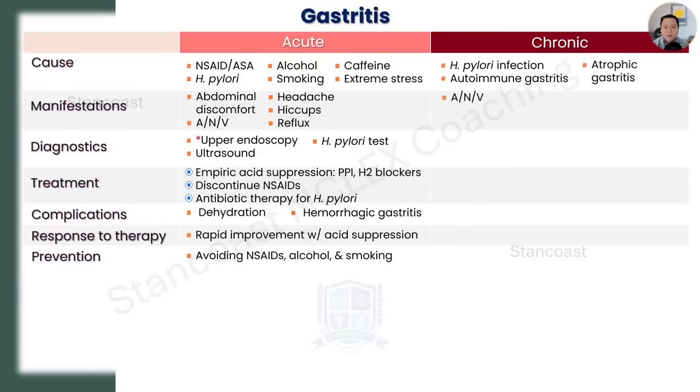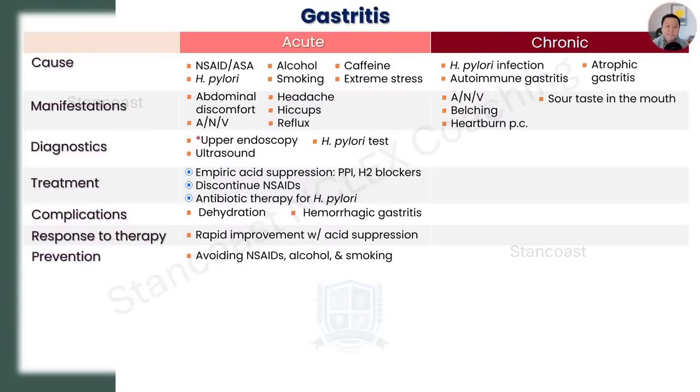They're going to end up with anorexia, nausea, vomiting, but these are less common than in acute gastritis. There's going to be belching, which is a very frequent symptom in chronic gastritis, related to excess gas or irritation in the stomach. Now, there's going to be heartburn after eating. That's why I put that as PC. And they will also complain about a sour taste in their mouth due to the acid reflux, which is a common